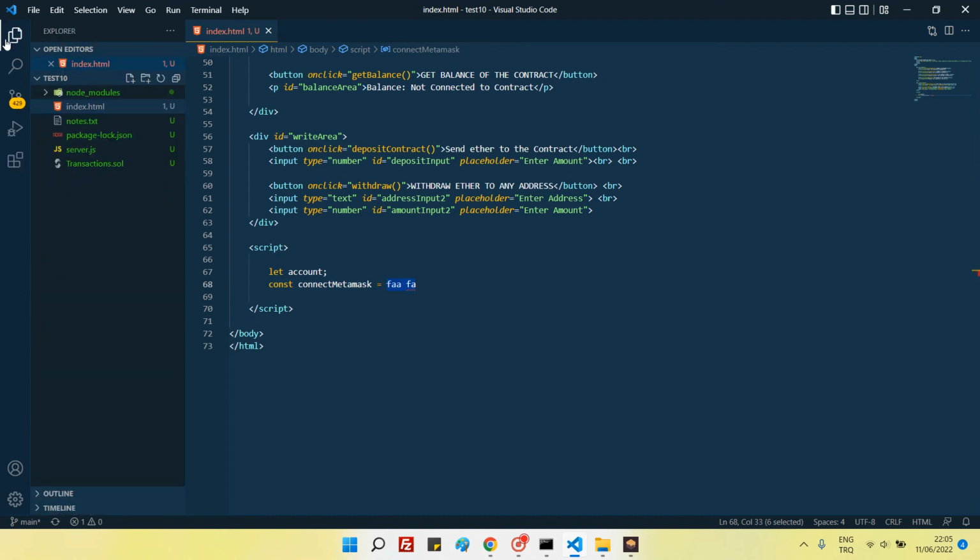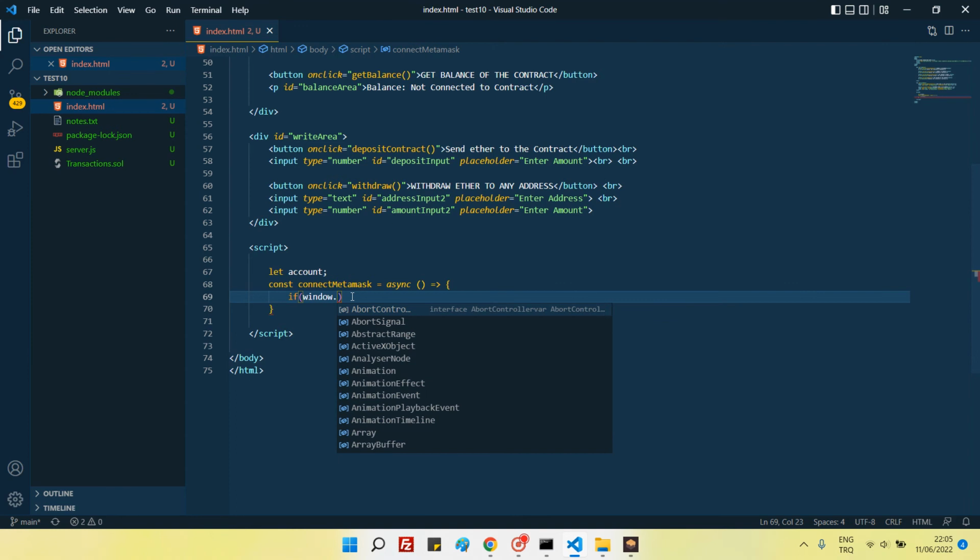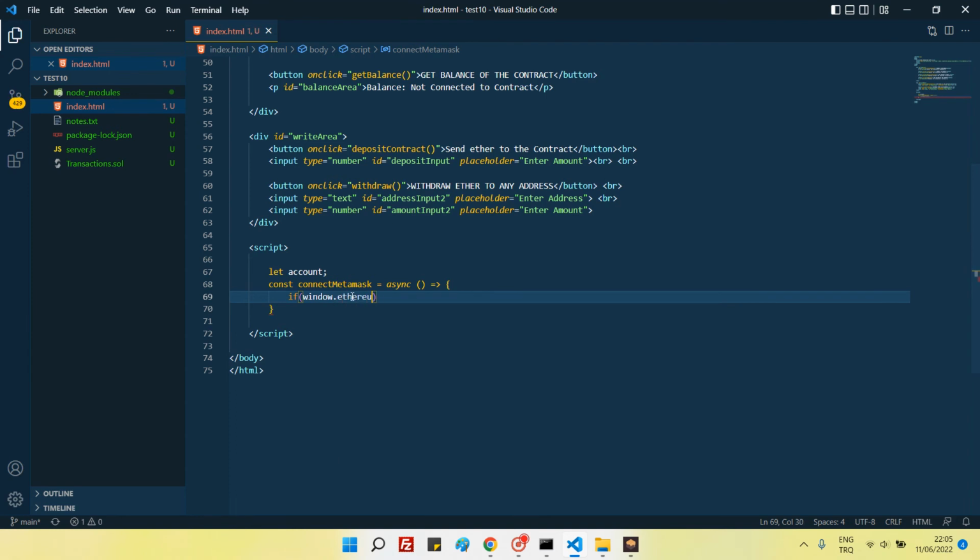Okay, so now let's say FAA because I want to use the parameters, and now I define it as asynchronous, as you can see. And now I know that you know this part, but I'm doing it again: if window.ethereum is not equal to undefined,